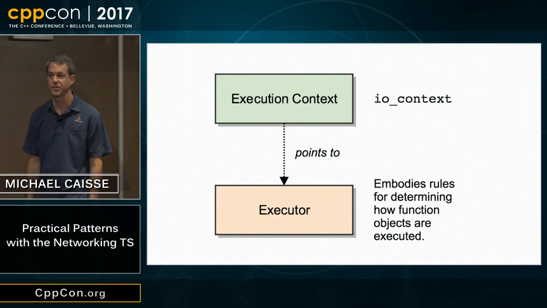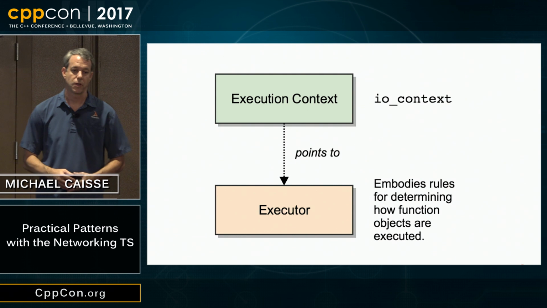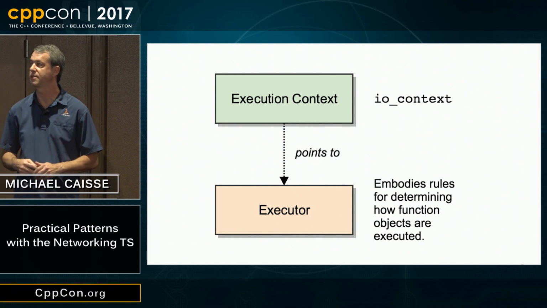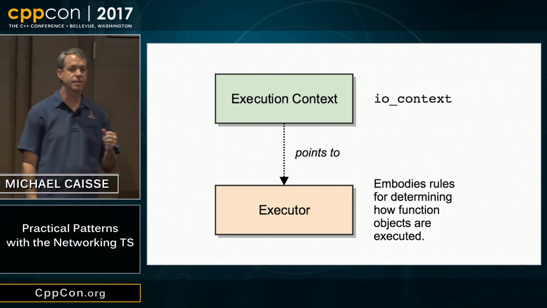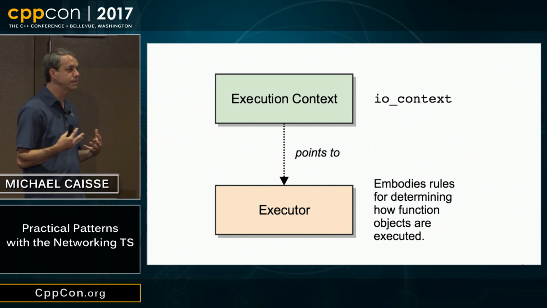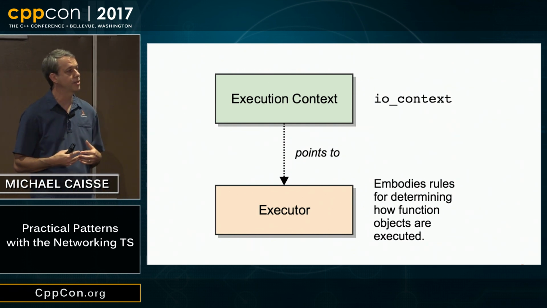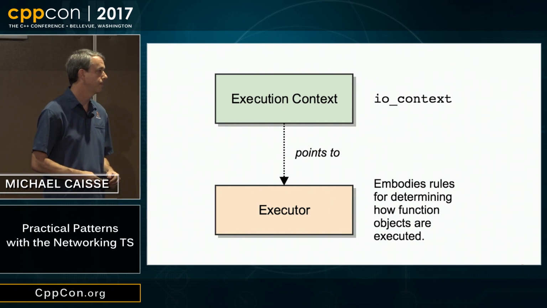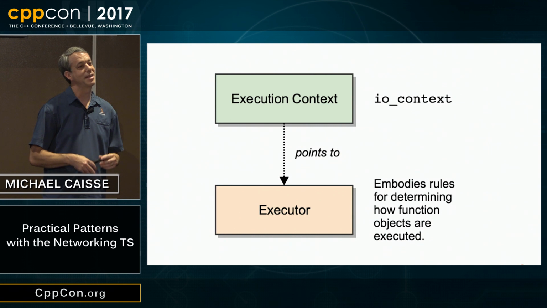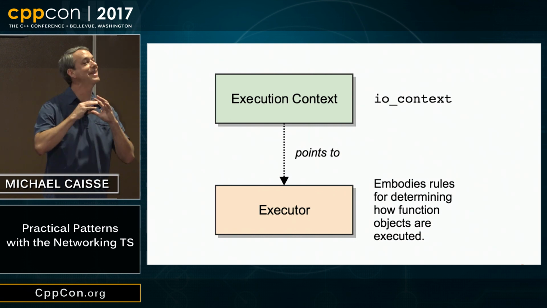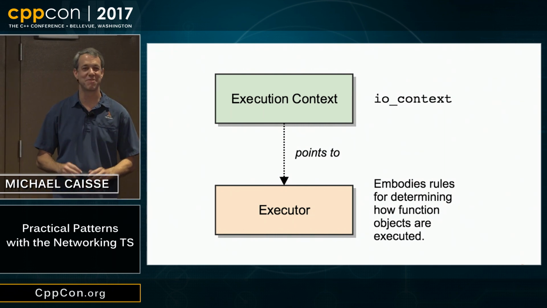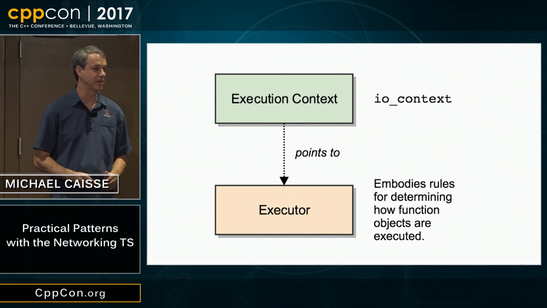All right, let's talk a little bit about some asynchronous things. At the top, we've been creating this I/O context. The I/O context is an execution context, and the execution context points to an executor. The executor provides the policies and the rules of how to execute items that are in the completion queue. There are lots of papers on executors and a lot of ideas about executors, and we're not going to talk about any of those here. You can read all of those papers. We're going to have a very narrow view of what the executor is.